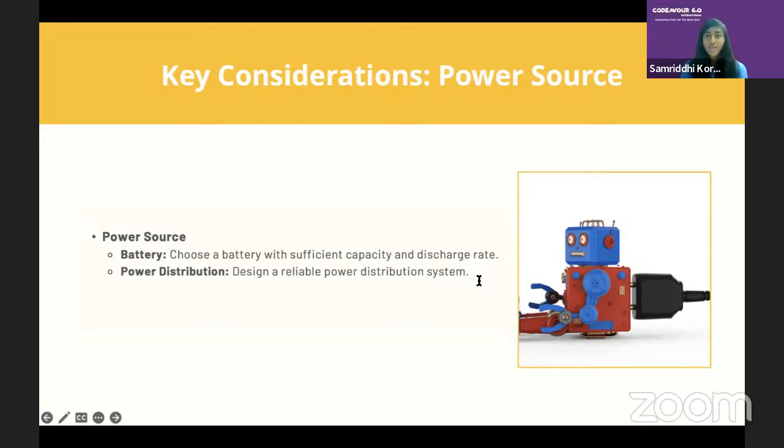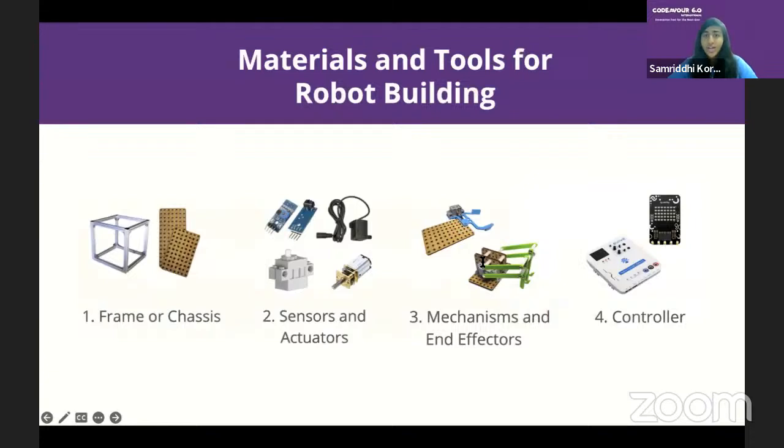And one more thing is if you supply a higher amount, then everything is going to burn off. I mentioned even in the drone, we burnt a motor, right? Things like this are going to happen. Learn through your mistakes. And if you supply low voltage, it just won't work. The robotic arm won't even pick. So this is why the power source is one of the most neglected, but one of the most important things in your entire project. Okay, now let's move on to the materials and tools that you need to build your robot,